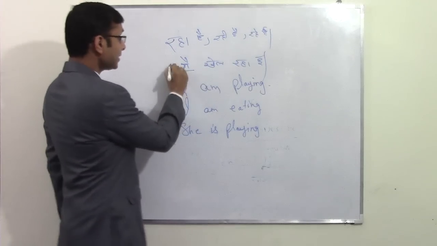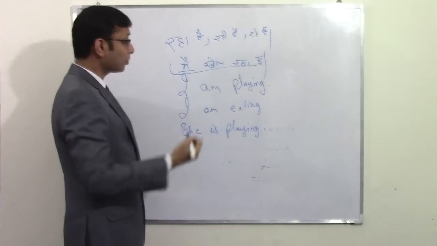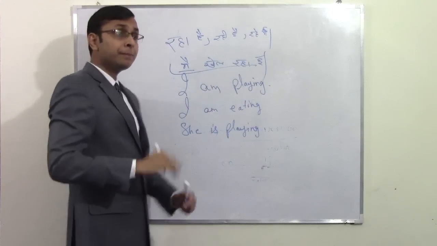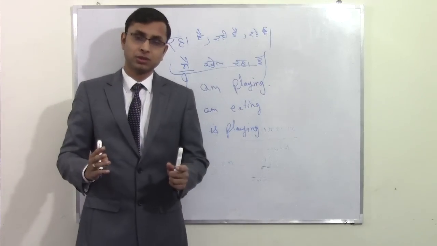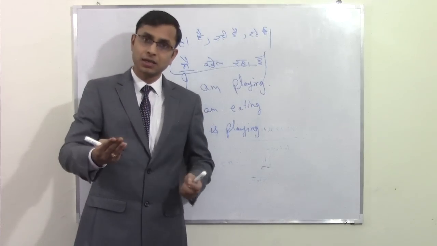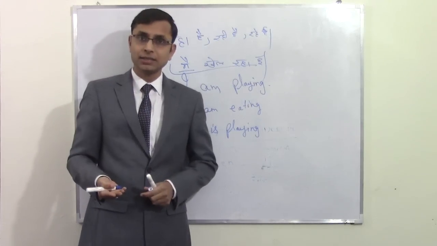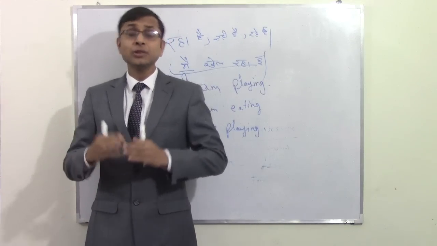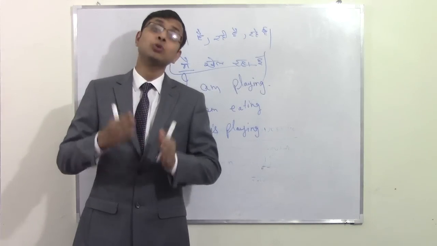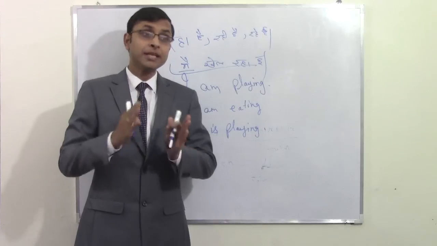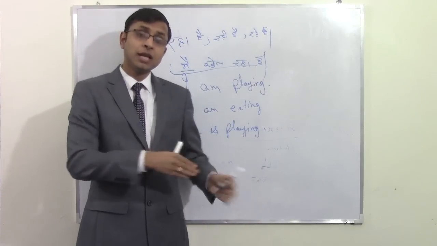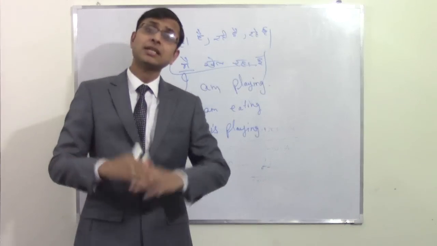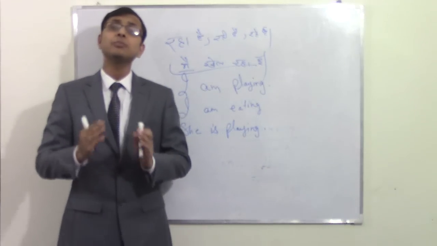So there is a way of saying, एक तरीका है, मैं बोल रहा हूँ, मैं खेल रहा हूँ. But if I say, मैं सुबह से खेल रहा हूँ, मैं सुबह से तुम्हारा इंतजार कर रहा हूँ, मैं 2 घंटे से तुम्हारा इंतजार कर रहा हूँ, मैं 2 साल से इंग्लिश सीख रहा हूँ, मैं 10 साल से दिल्ली में रह रहा हूँ, मैं 10 साल से मुंबई में रह रहा हूँ.